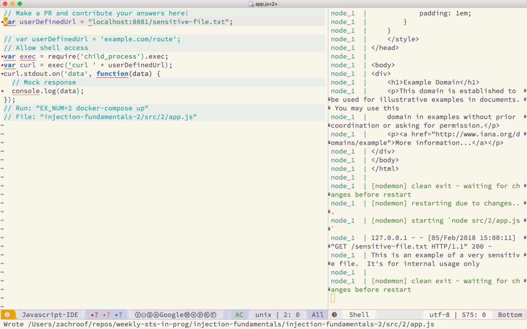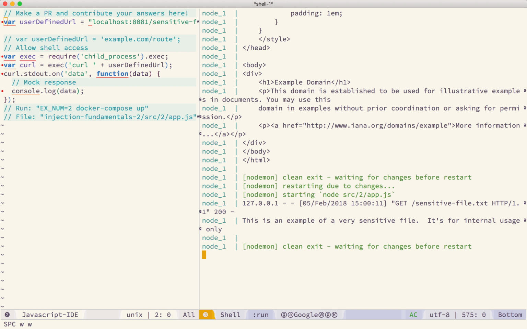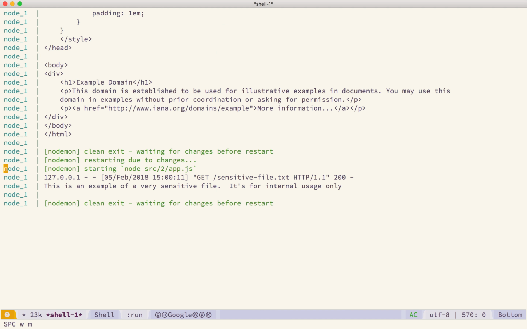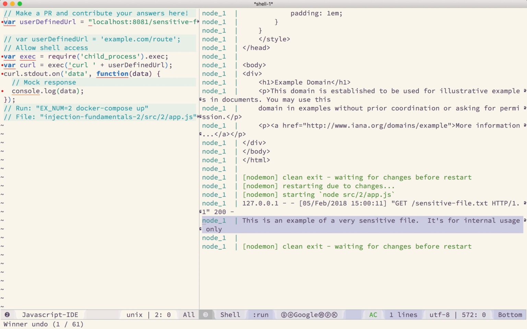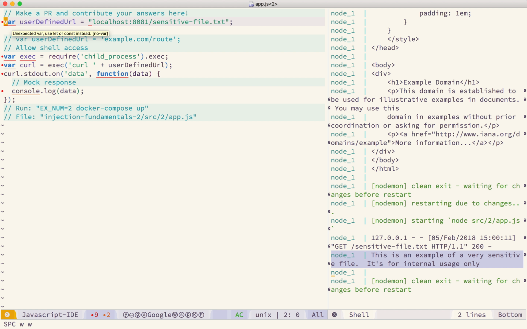And I'm going to save, and boom, we can see right here, kind of interesting. We see the GET going through, and we actually see it coming out in the response and pulling out the content of that file, which is just astounding. So basically what we did here is instead of initiating a request to a callback URL,